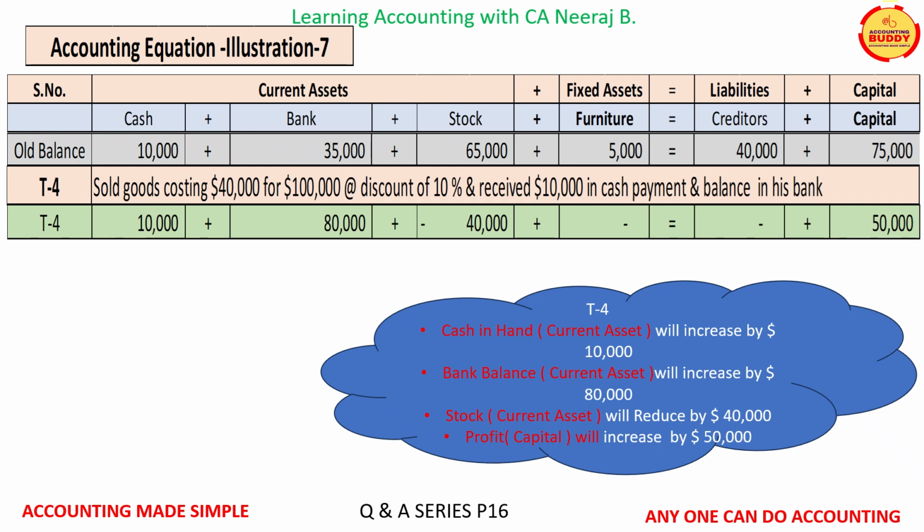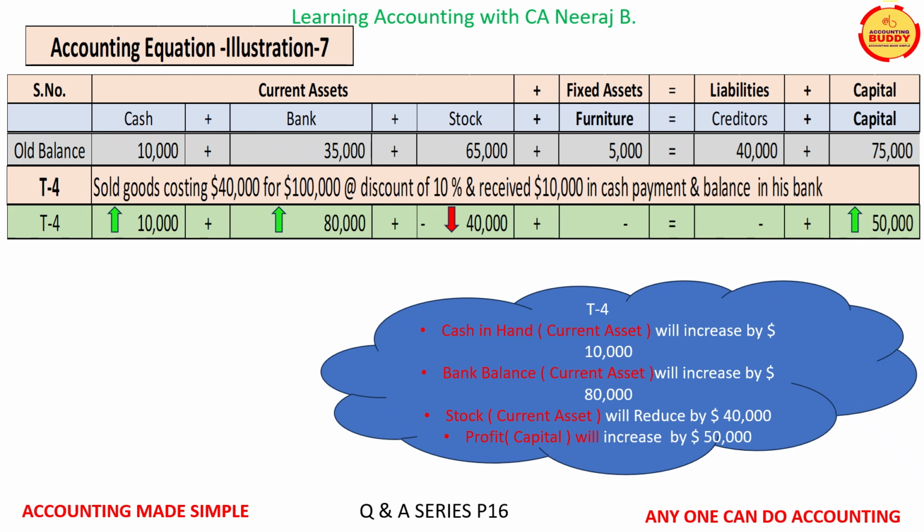Therefore, their effect will be on the left hand side of the accounting equation, and the effect of the profit earned will be on the capital, which is on the right hand side. Cash will increase by $10,000, bank balance by $80,000, stock will be reduced by $40,000, and the capital will increase